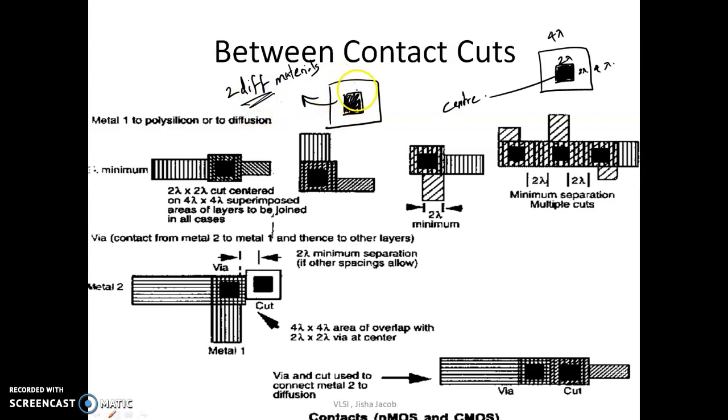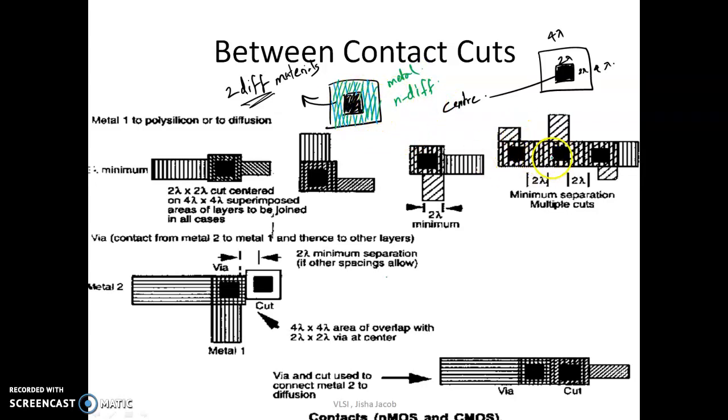For example, if I have to connect metal with N diffusion, I have to fill it with vertical shading of blue color, which shows that one material is metal. And then I have to fill it with closely spaced green shading, which shows that the other material is N diffusion. So the two materials being electrically connected here are N diffusion and metal. You got the idea how to draw a contact and its center, that is the contact cut.